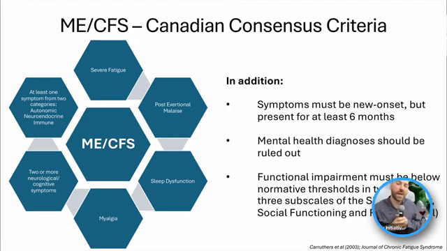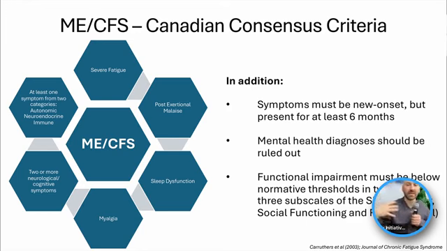And the other piece, and again, I know that this is dry, but this is really important. This is the really important stuff. The other piece that is important for making this diagnosis is ensuring that the functional impairments are being reported from the symptoms. So someone says, I'm fatigued, sleep disruption, post-exertional malaise, et cetera, to meet criteria for ME/CFS diagnosis